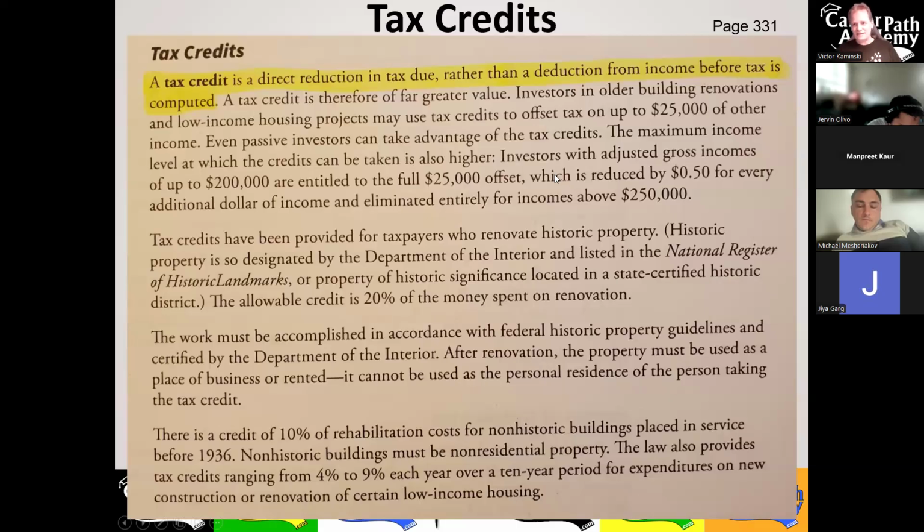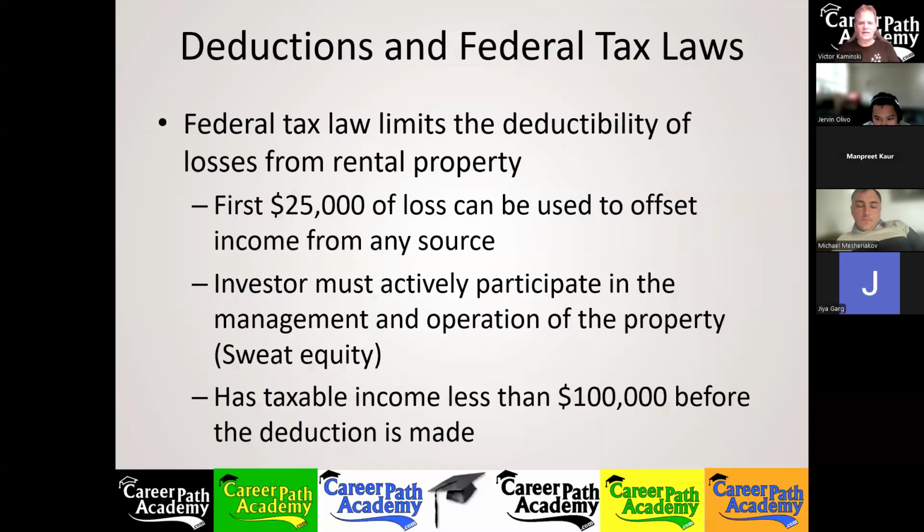But then people won't like that either, because what if the people who are making more money don't use what you use? Then it's not going to lower your taxes any. So that's the argument all the way around. But either way, a tax credit's a direct reduction in taxes due rather than the deduction from income tax before it is computed. So tax credits are a little bit different than what we just learned about,